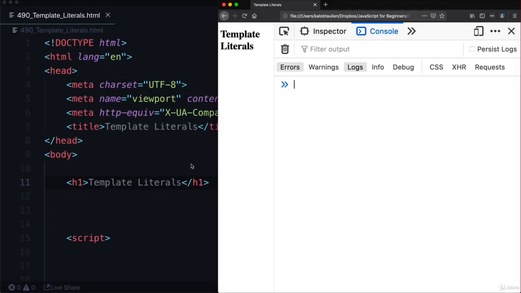Okay, let's take a look at this thing called a template literal. A template literal is a nicer way to concatenate variables with your strings, and basically put variables inside of a string. And so if you ever wanted to print out a statement, for example, name is equal to Caleb,